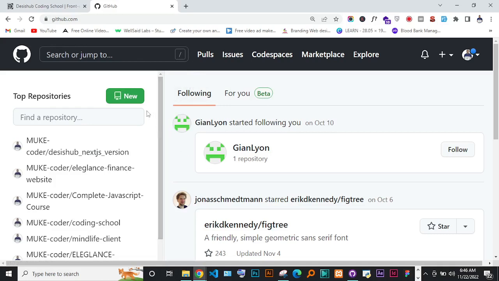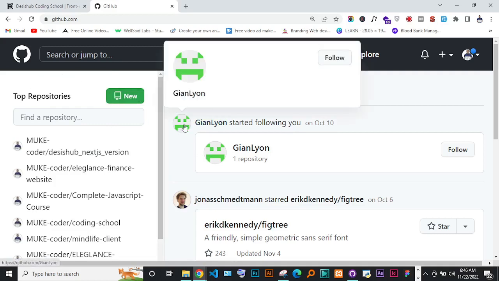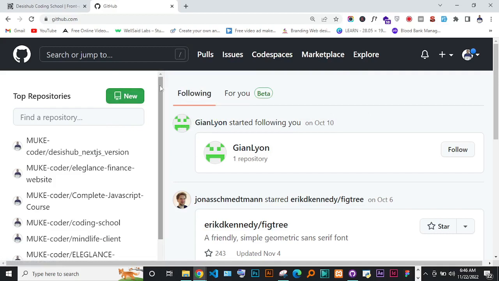Mine right now, it's just because I have very many repositories on my account, but you will be welcome on a process or on a page like this one, where they say create a repository or welcome. This is the home page. So don't worry, when you create a GitHub account, the two things that you need is just your password